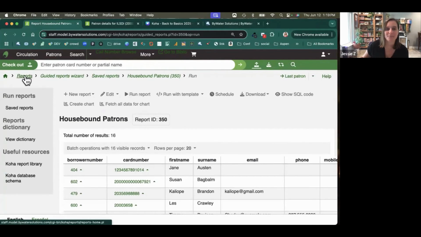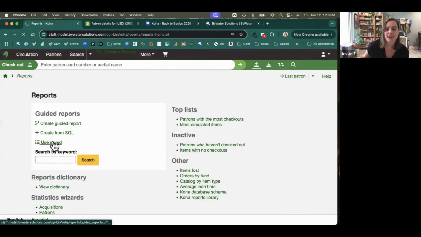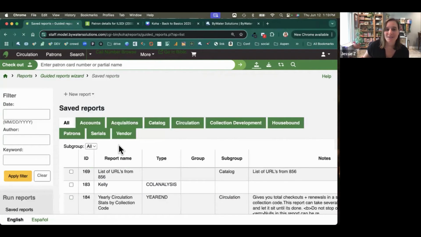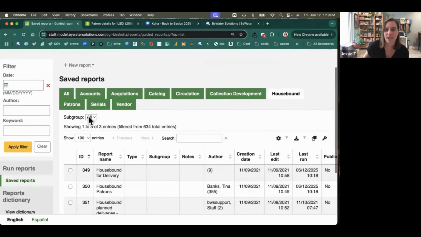So again, just remember those quick shortcuts which allow you to come in and make those changes within the system. The other thing with reports I always like to point out is the ability to create